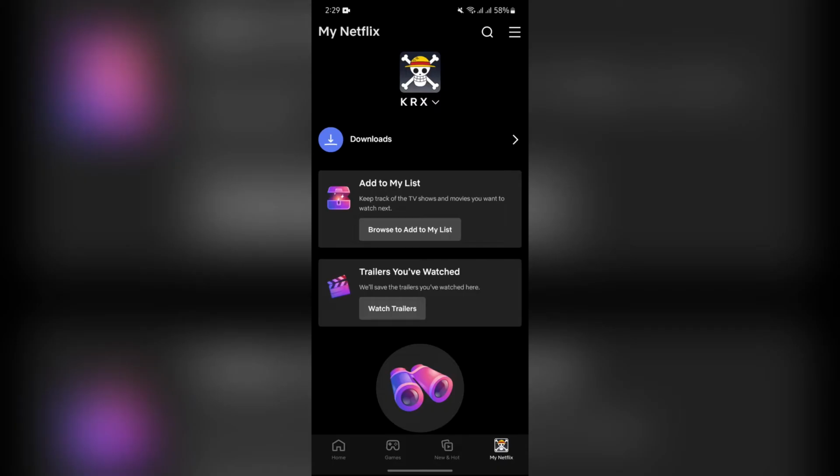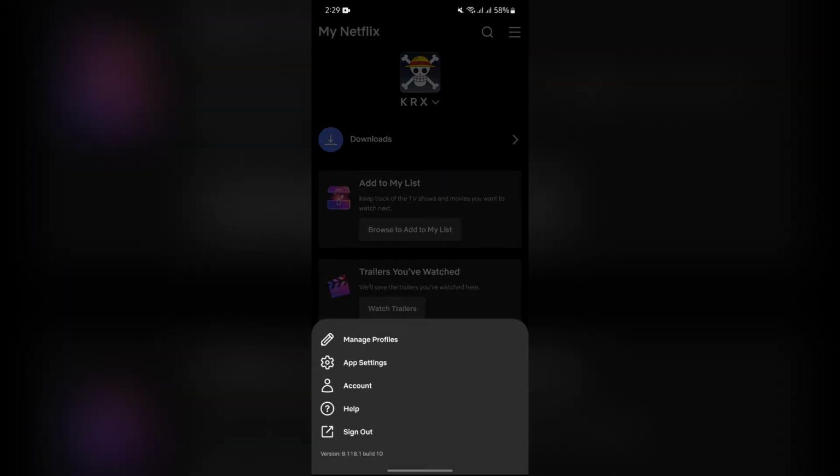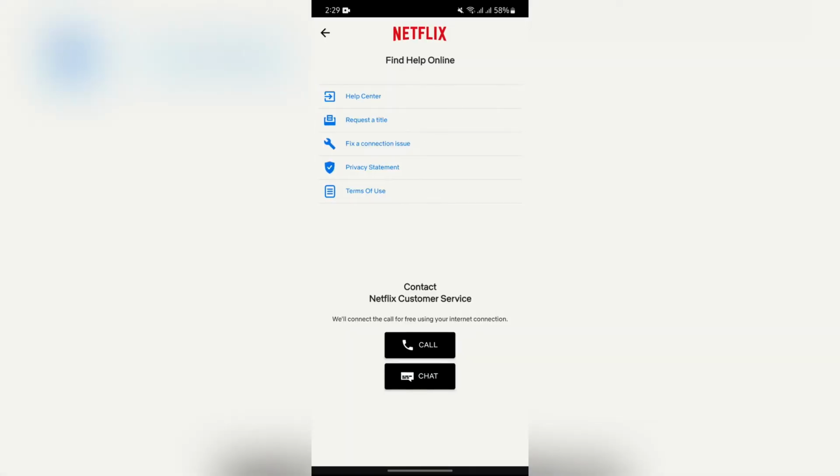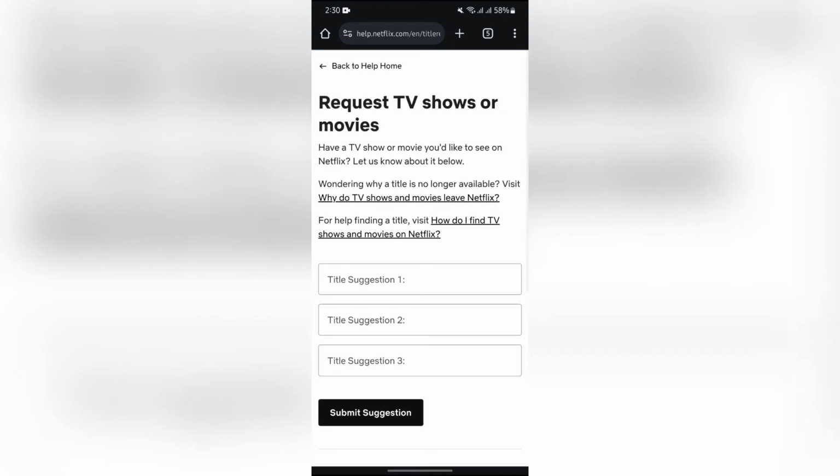from there you will get to see these three bars at the top right. Just simply tap on those three bars and click on this help section in here. And after clicking on the help section, it will give 5 options to you. You just simply have to choose this request a title option, and after choosing the request a title, it will